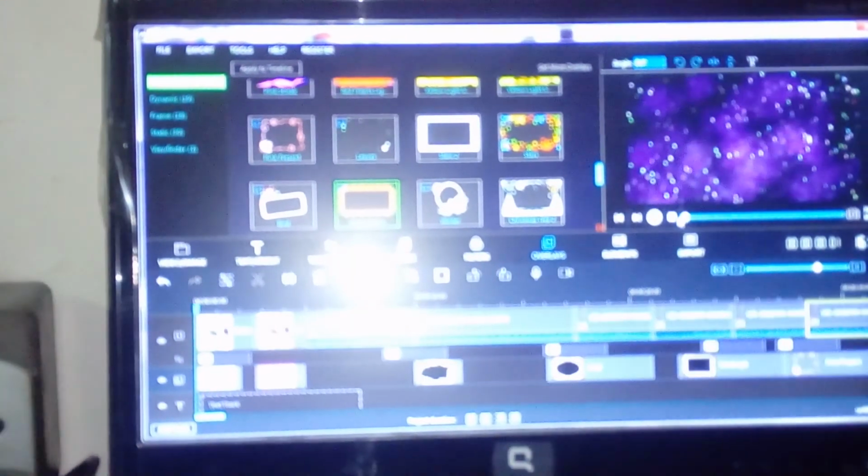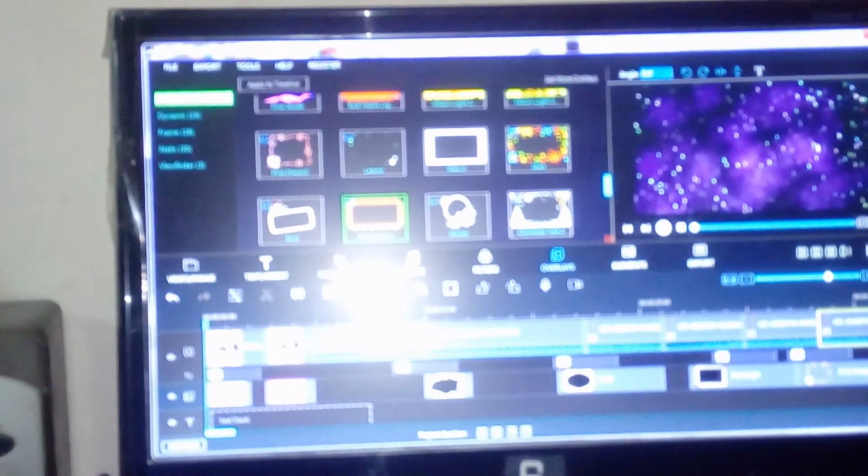Now at this moment we have learned about transitions, overlays and filters. Next is elements. There are different types of elements that can be included in the movie.